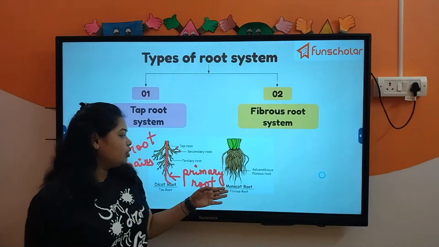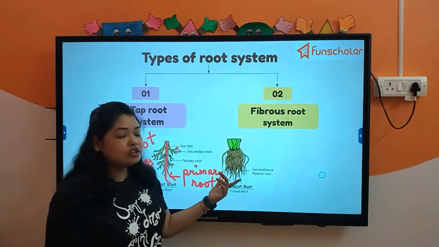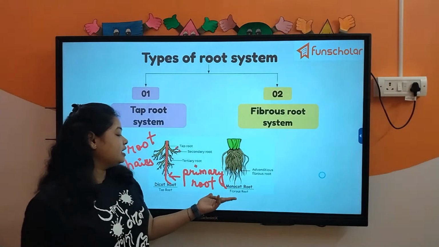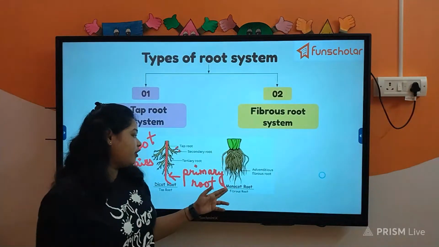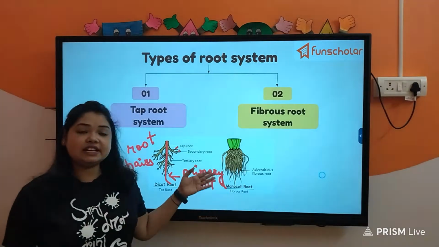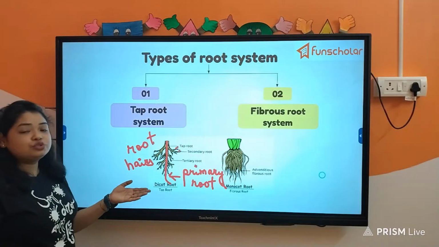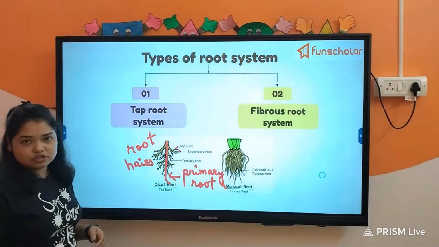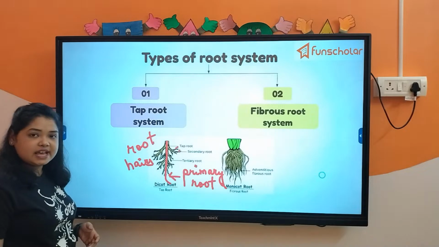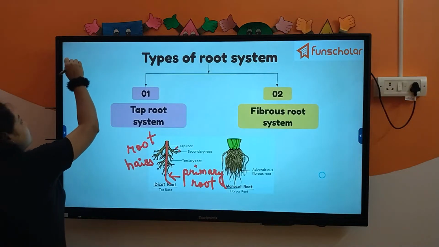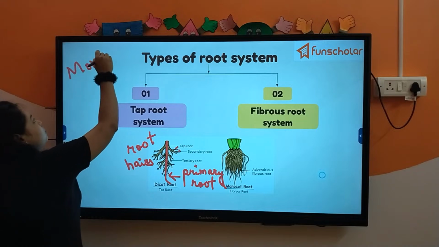Okay, and one more thing is that they will also contain the root hairs, but this is another point of difference, that fibrous root system will be present in monocot plants and taproot system will be usually found in the dicot plants. Now, what are monocots and dicots? Let's see. The term monocot,